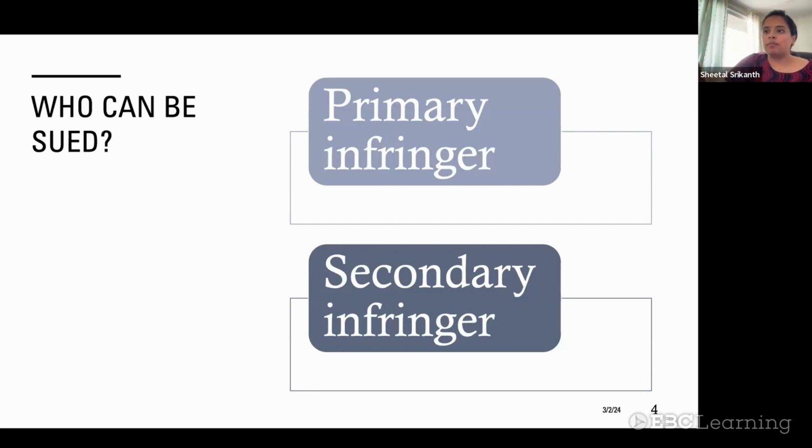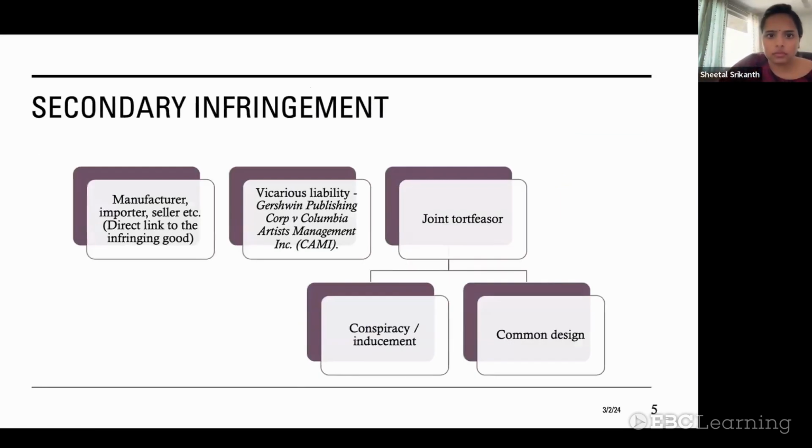So infringement is not always a simple action. There are always other third parties involved in the act of infringement who either by tacit approval or otherwise are involved in the infringing action, but are not primarily the infringers themselves. So both these categories of persons can be sued under intellectual property law. Right? So I'll just get into some parts of secondary infringement, which will be useful to understand how IP litigation really works. So one is, other than the person who is actually manufacturing